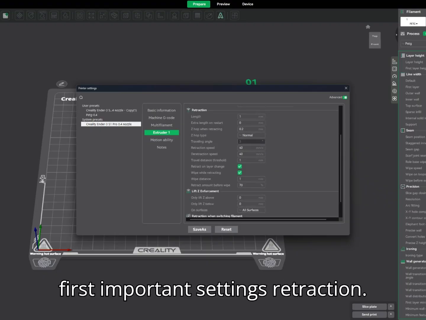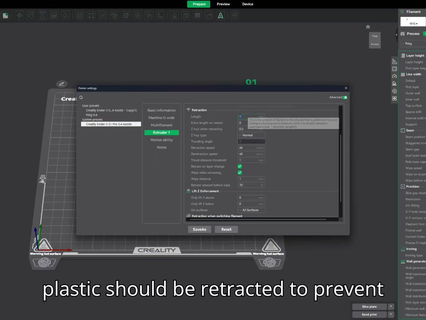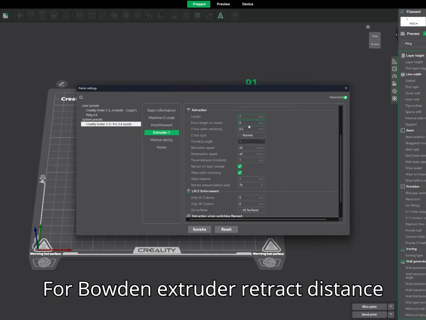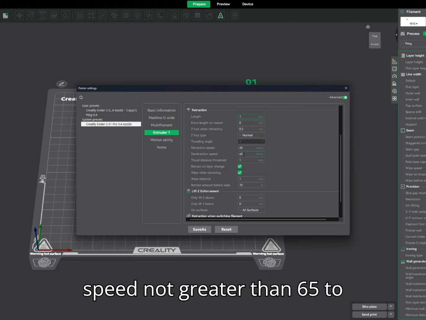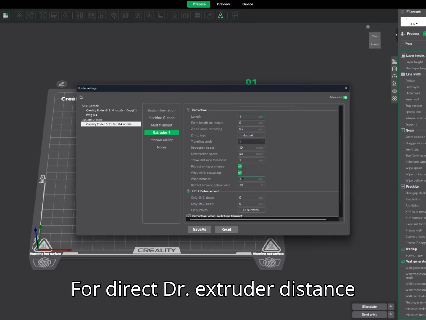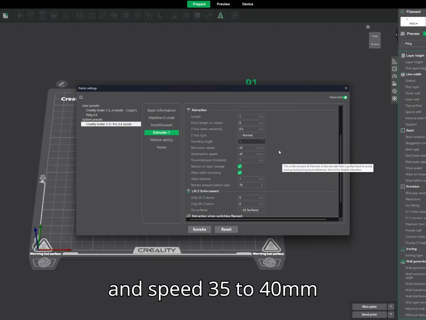The first important setting is retraction. Retraction controls how much and how fast plastic should be retracted to prevent leaving material on printed parts. For a Bowden extruder, the retract distance shouldn't be greater than 7 mm and the speed not greater than 65 to 70 mm per second. For a direct drive extruder, the distance is from 0.2 mm up to 1 mm and the speed 35 to